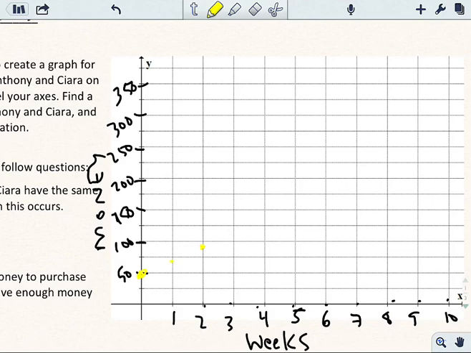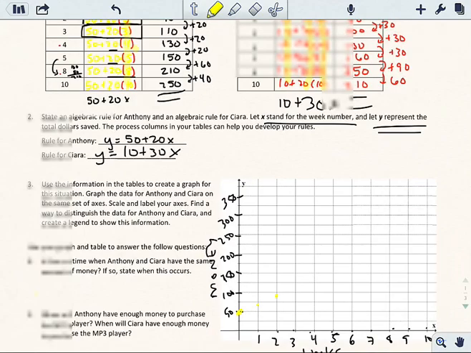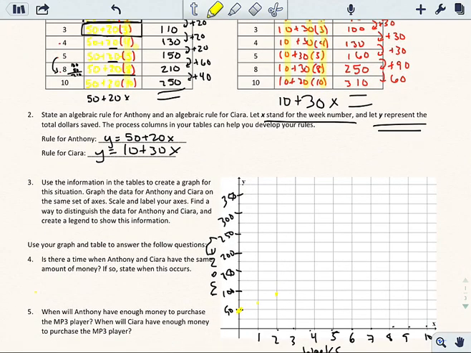So that should be about right there for 1, 70. Let's see, 3, 110. And you kind of see this pattern for 150, and that's a very definite point. So we 8 and 210, which should be roughly right here. And then 10 and 250 should be right there. In fact, I might have overshot a little bit because we can kind of see we're looking at a straight line